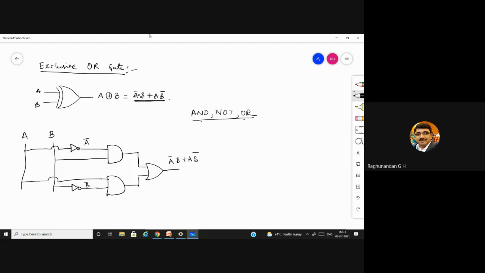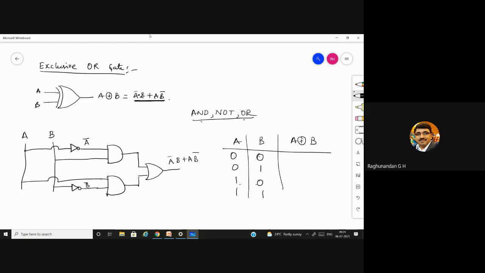For this truth table, A, B, A exclusive OR B, and even you can write the truth table for this equation also. So in short, we can write 0, 0, 1, 1, 0, 1, 0, 1. Please remember in exclusive OR, it is exclusive as the name itself tells, exclusive. Here, when the inputs are different, then only the output is high. When your inputs are same, output will be 0.